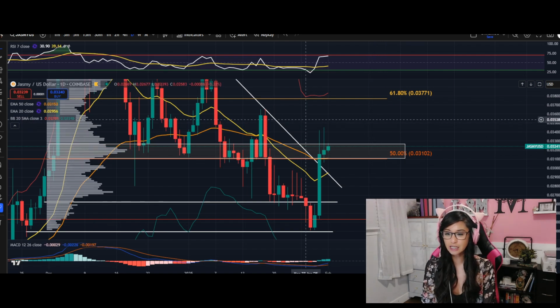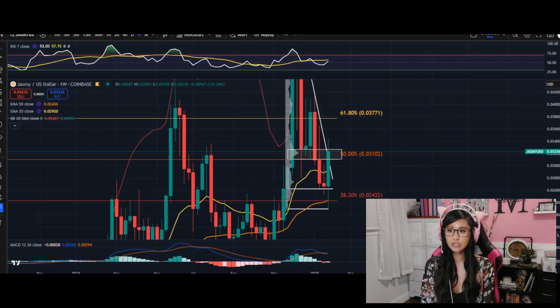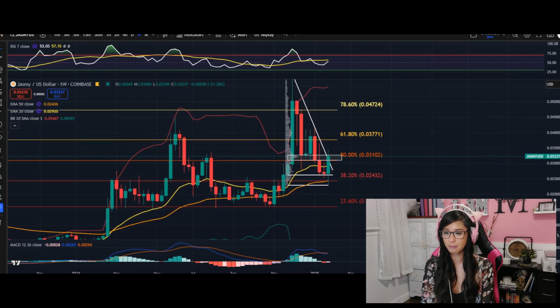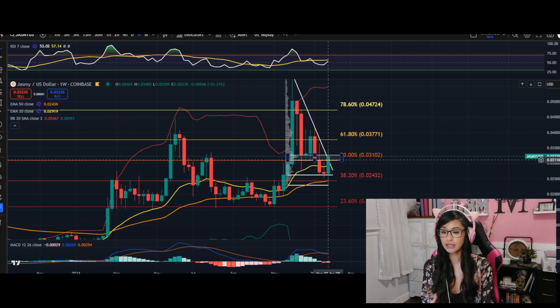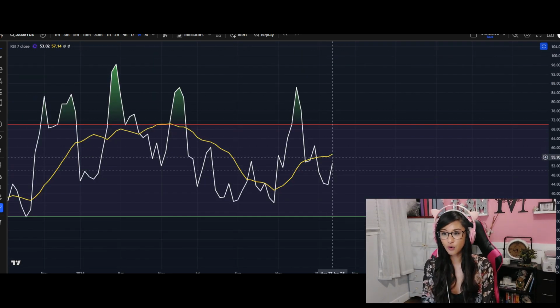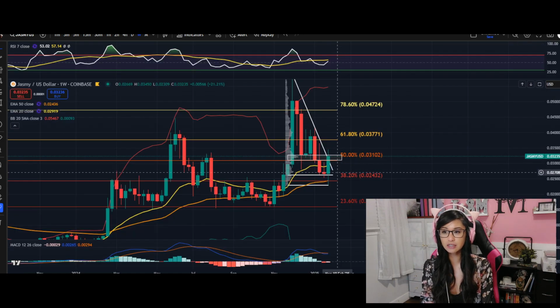Now, because we've seen a huge shift in our daily time frame, we're going to flip over to our weekly time frame because everything ripples over. So as we take a look on our weekly time frame here, again, we found that really nice strong bounce here. It broke through the trend line, which was a crucial area of resistance. The RSI here is roughly around 53%. It does suggest that there is a possible move forwards towards a higher area of resistance, plus the area of price as well. So there is still some wiggle room.